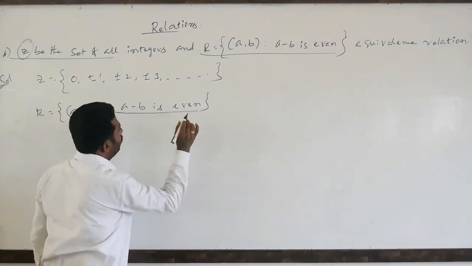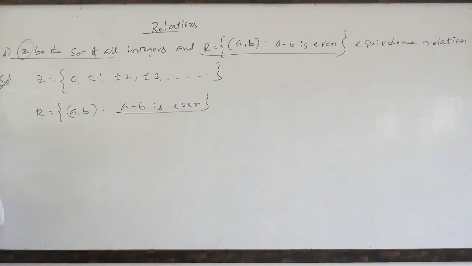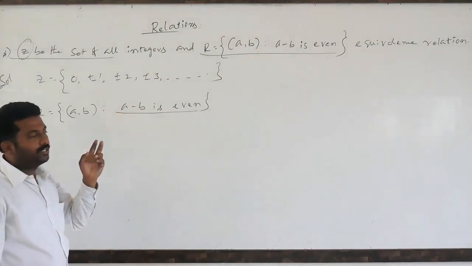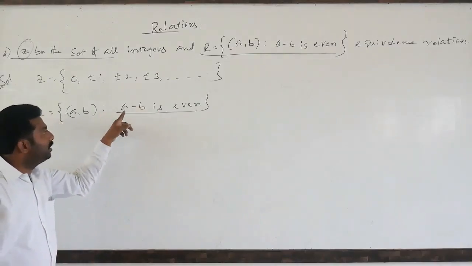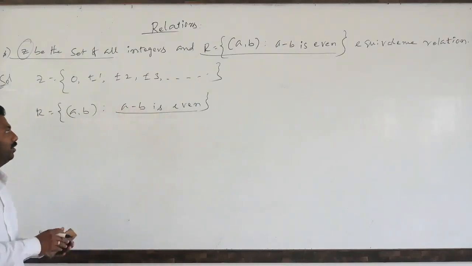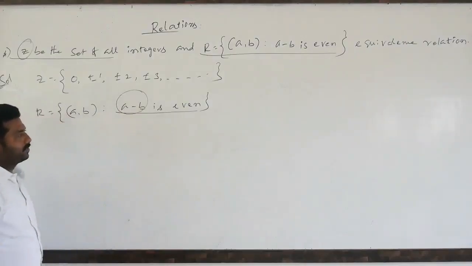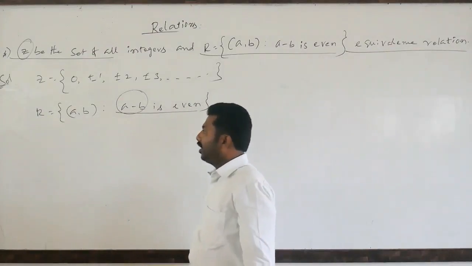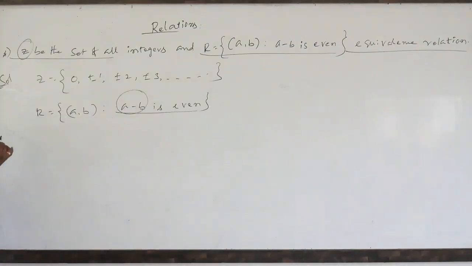So very clear, in every relation only 2 points you have to identify. What is the given non-empty set? What is the relation? Relation between A and B, like previously the congruence relation between delta 1 and delta 2. Here, (A, B) has a relation means their difference must be an even number. This point we have to guess first of all. So we have to prove that capital R is an equivalence relation, which means first we have to verify whether it is reflexive or not.